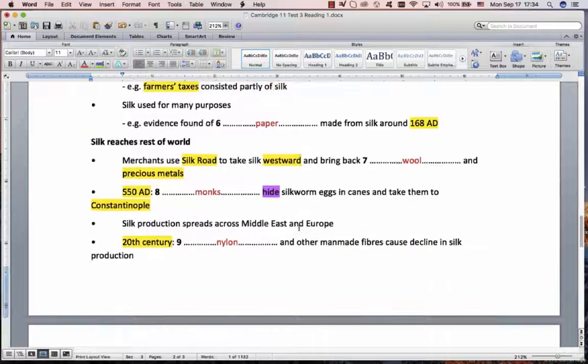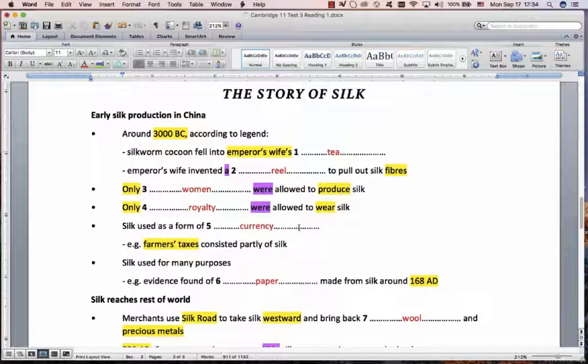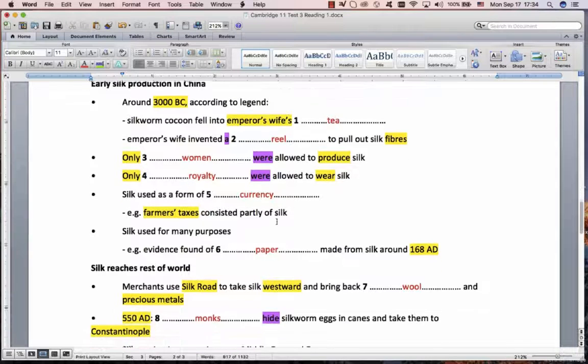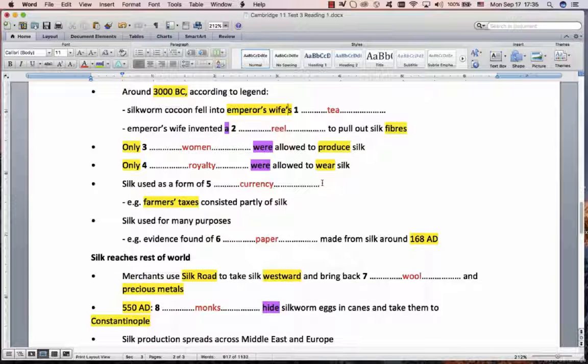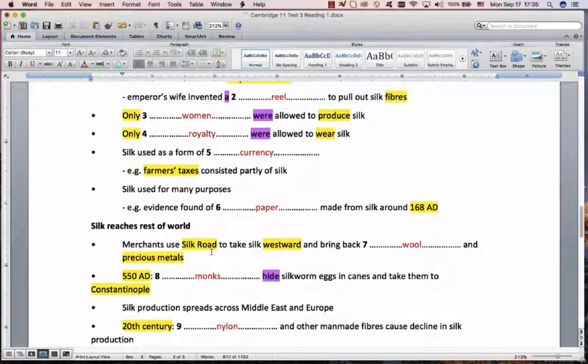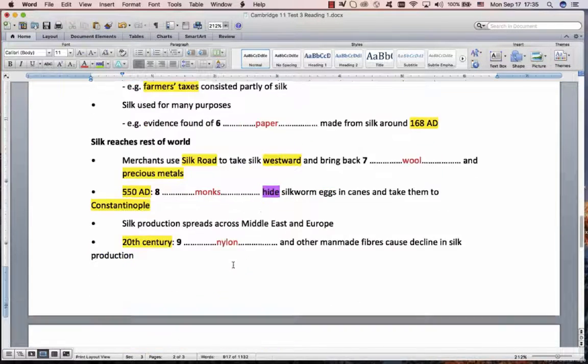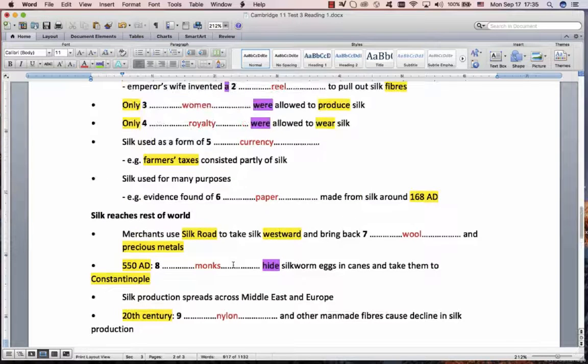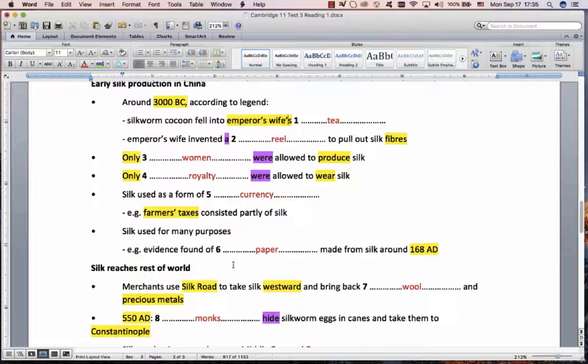Alright, all in all, not so bad. They did throw us a few tricks, but the grammar could have helped us. And also, if you just keep focused and don't let them trick you. If you want to find produce, you must find the synonym for produce. If you want to find only, you must find only. Alright, so not too bad, but I think maybe 6. Some of you could even get 8 out of 8 there. Not too bad. But 6 would have been a good score.